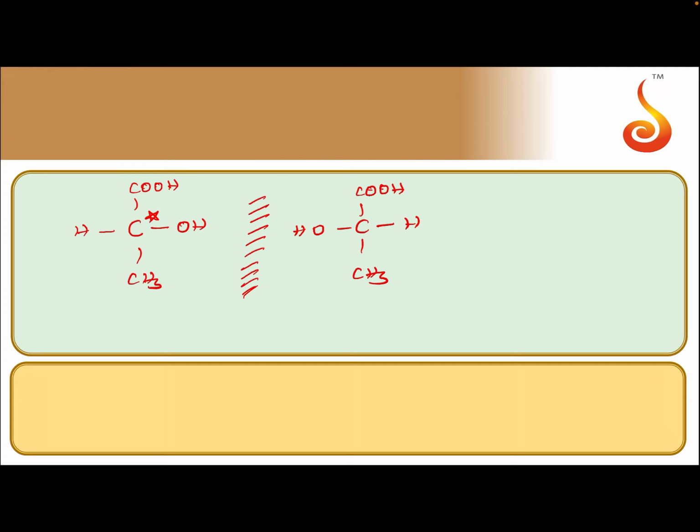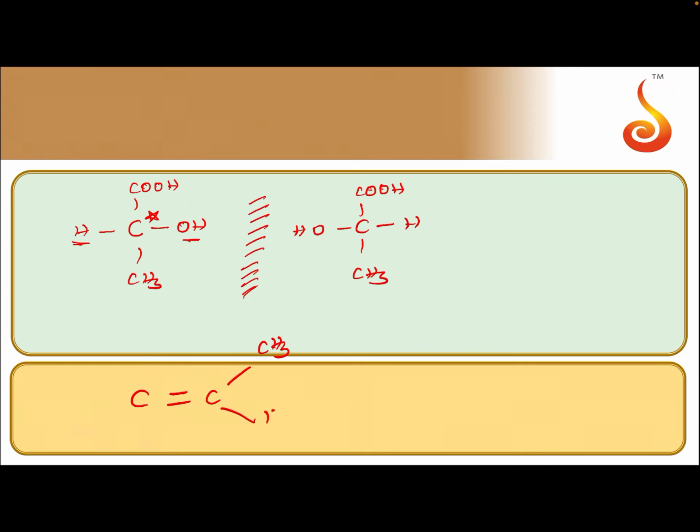So what is happening here: if I interchange two positions, the interchange of two groups bonded to an atom results in a new stereoisomer. That atom can be an sp3 hybridized carbon or an sp2 hybridized carbon atom. Now we learned with an sp3 hybridized carbon atom. Let us learn with an sp2 hybridized carbon atom.